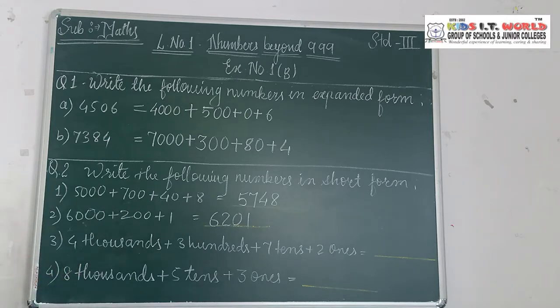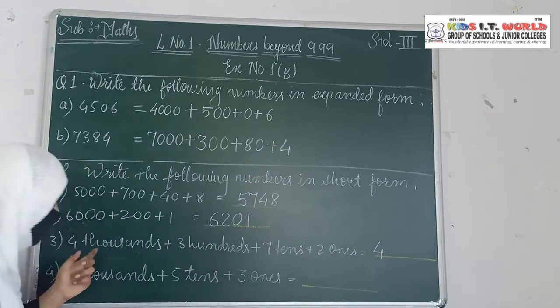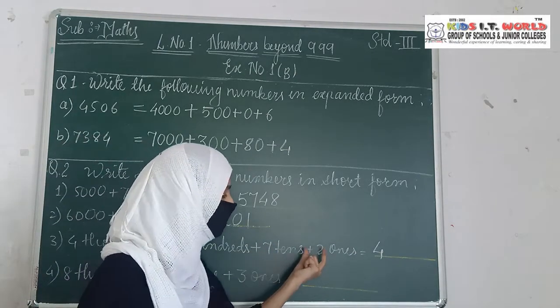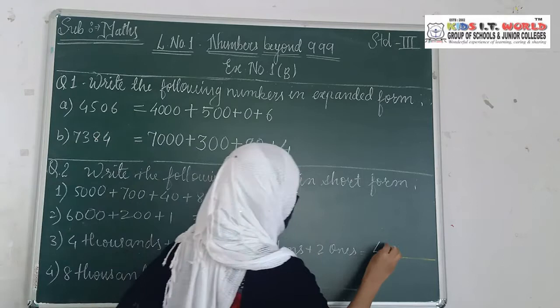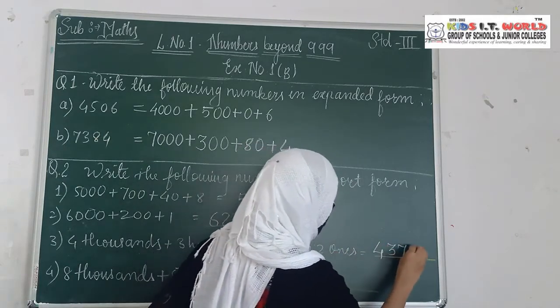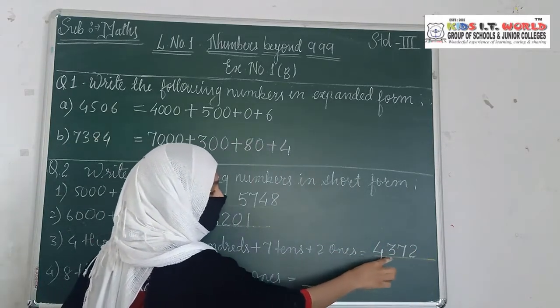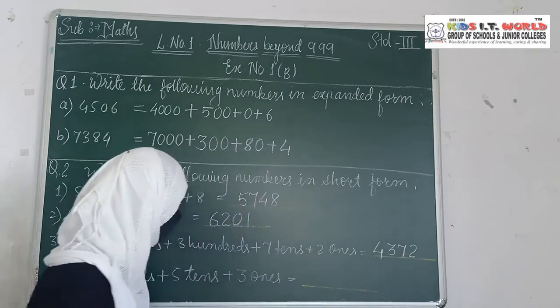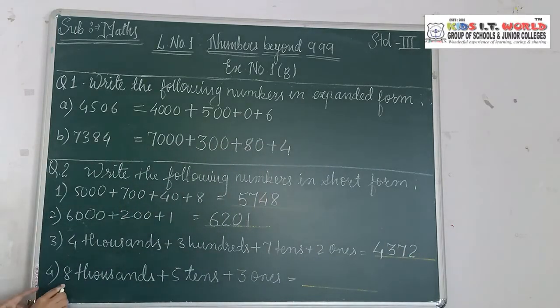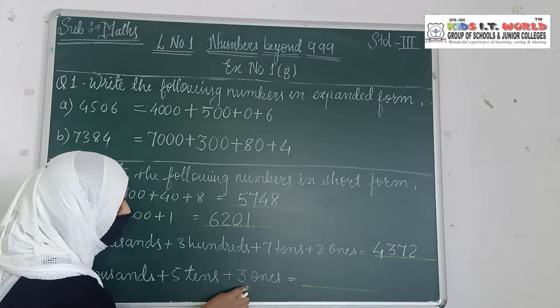Coming to the third, this is same as the first and second. Only in the first and second they have given you the value in the number form, and here on the place of 0 they have given its name of that place value. So don't be confused. This is same as this. It is 4,000s. So write down 4,000s, 300, 7 tens and 2 ones. So 300, 7 tens and 2 ones. So the number is 4,372.